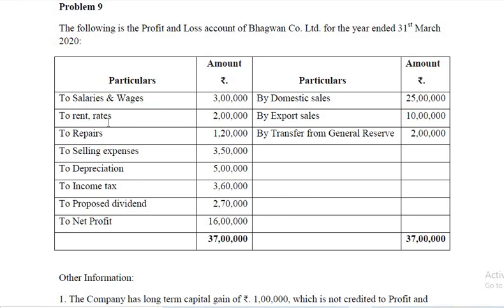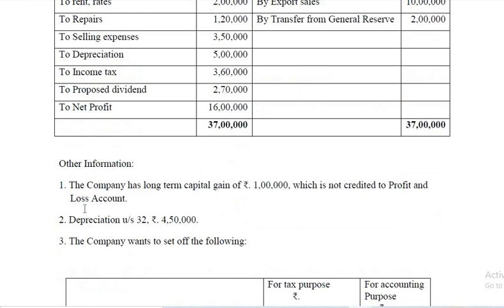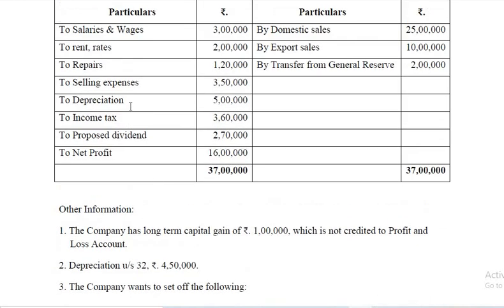Salaries and wages are allowed, rent and rates are allowed, repairs are allowed, selling expenses are also allowed. Depreciation is not allowed, so 5 lakh has to be added. And then what is allowed as per Income Tax Act? 4,50,000 should be deducted. Or else excess depreciation of 5 lakh minus 4,50,000 should be added back to net profit